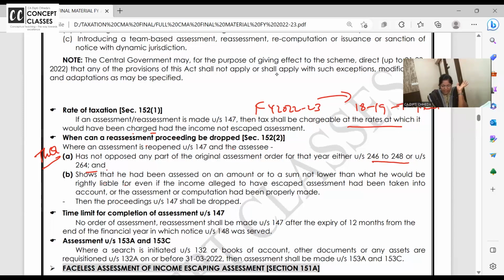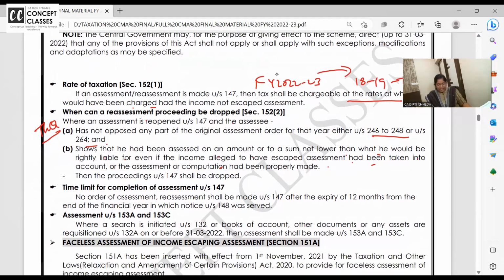And it shows that he has been assessed an amount not lower than what he would be liable to pay. Whatever tax he was liable to pay here, more than that he has paid the tax. And already his assessment is done or going on in the higher authority. So why would you reopen the case? Drop the case. Am I going fast or is it clear? Can you all message if this was detailed, done in the last class? If you have missed the last class, watch that video and then attend the Q&As, what I'm doing now.